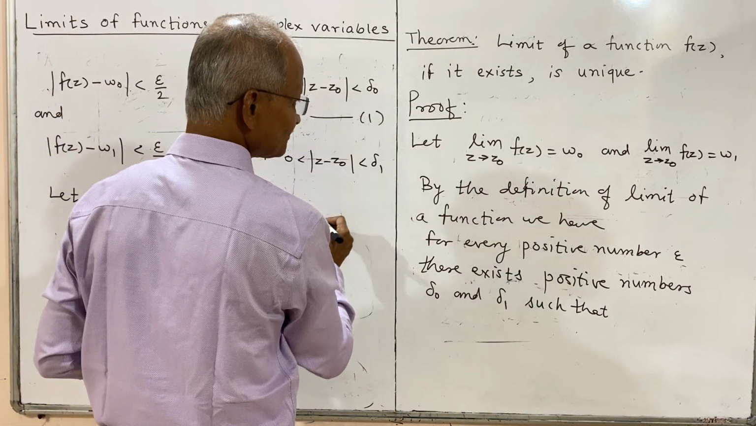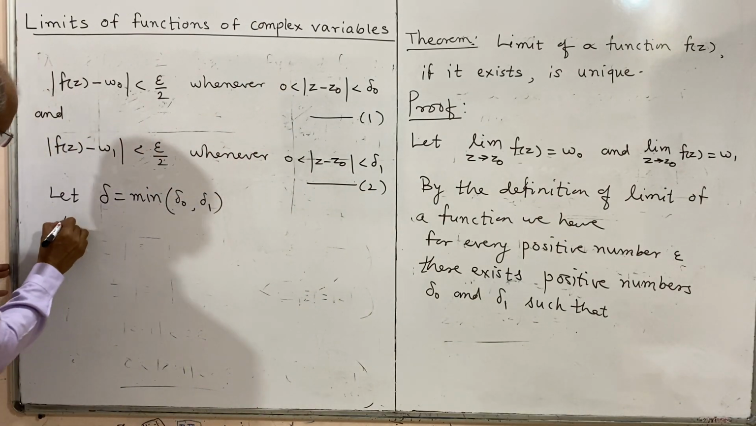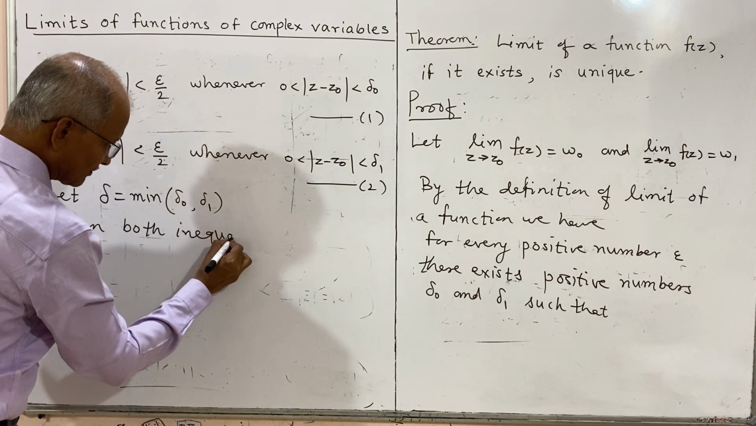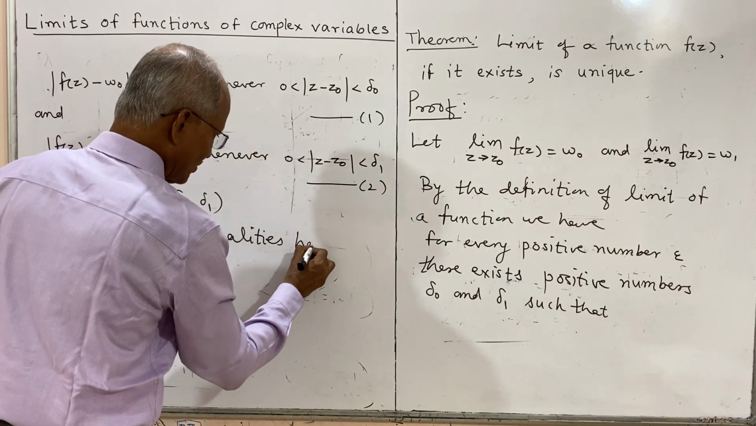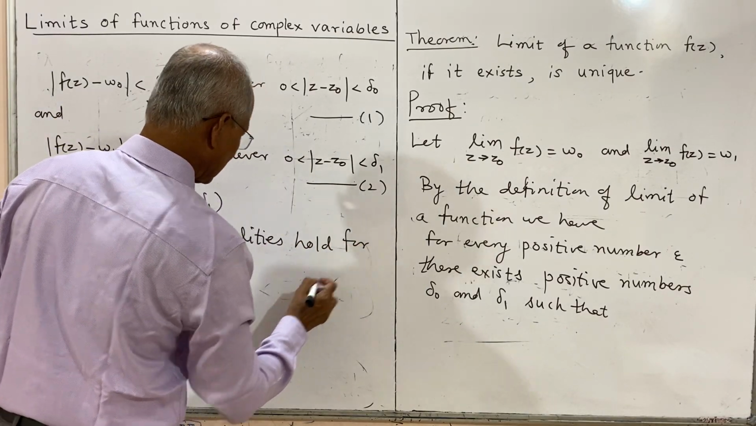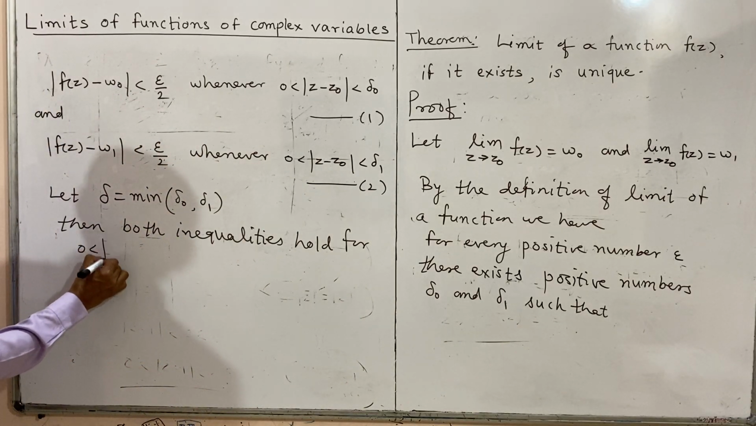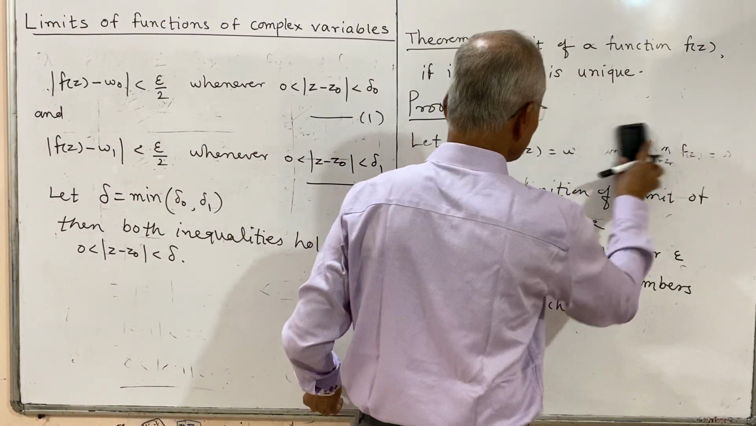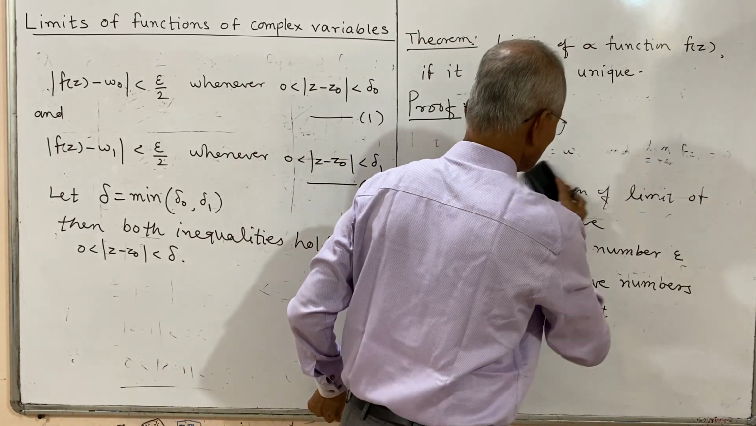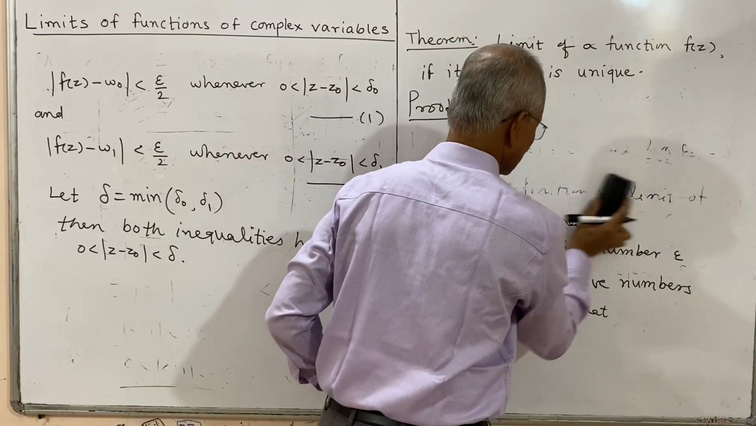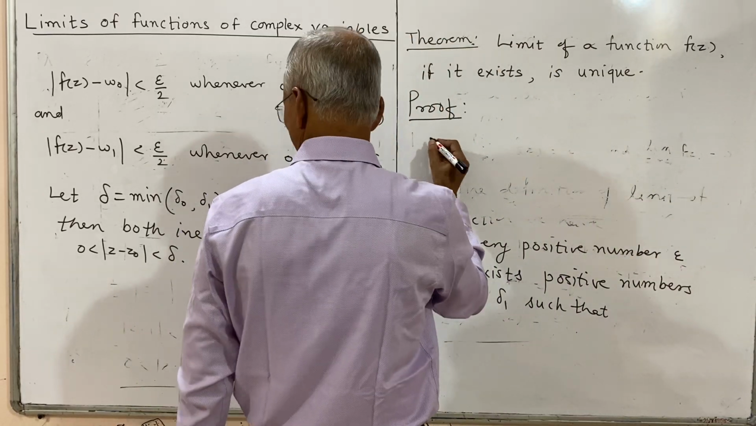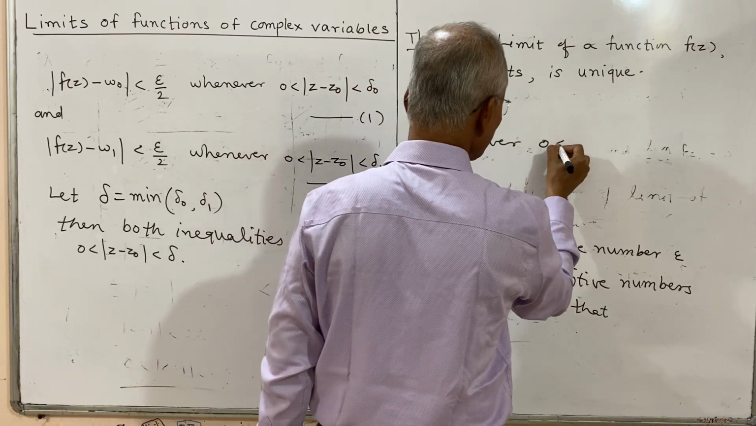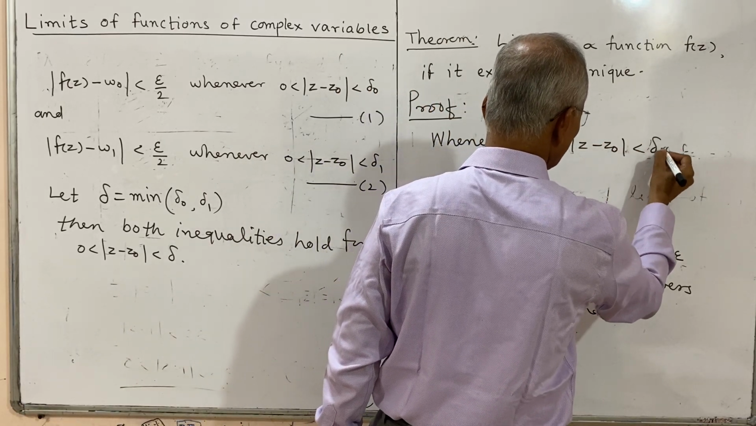So, if we select delta as the minimum of delta naught and delta 1, then both these statements hold. We may suppose this as 1 and this as 2. Then both inequalities hold for delta, for 0 less than mod z minus z naught less than delta, and therefore whenever 0 is less than mod z minus z naught is less than delta, we have